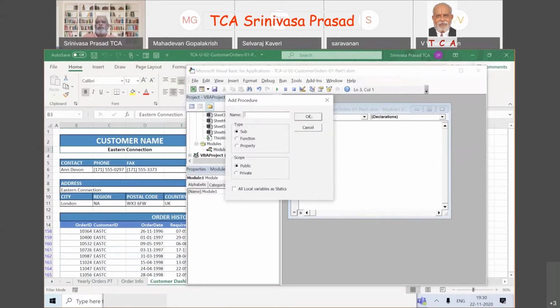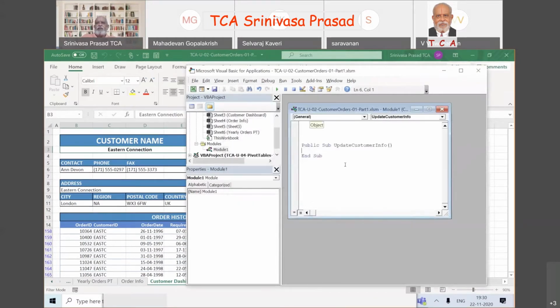We call it update customer info, or whatever you want to call it. Now I say okay. Then what happens? Public sub update customer info, open bracket, close bracket, end sub. So the starting point and end point of the code have automatically come.